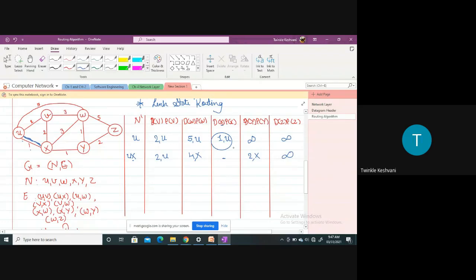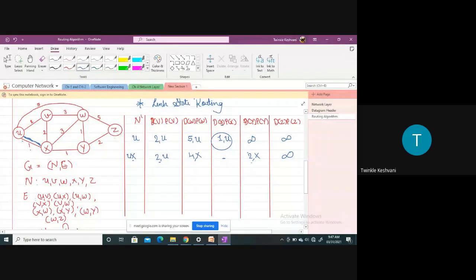Now again just see this row and identify which has the least cost. Which is the least cost here? You can see that there are two least costs, that is 2 and another, V and Y, right? The two nodes whose cost is least are V and Y. But if I just establish this route, it will not benefit me much. But if I establish this route, then I can reach Z. So I will be able to reach Z easily, right?